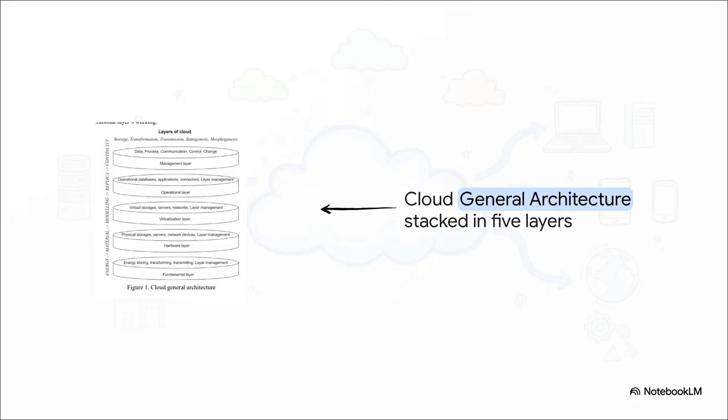When you stack it all together, this hierarchy forms a really fascinating structure. In fact, some of our source material even likens these layers to the levels of human thinking, starting from the raw manifestation of physical energy way down at the bottom, all the way up to the complex modeling and replication of reality up at the operational layer. It's a cool thought. But from a strictly functional standpoint, the most important takeaway for us is this. The sole purpose of the fundamental, hardware, virtualization, and management layers is entirely to ensure the continuous, safe, and robust working of that operational layer in the middle, because at the end of the day, that operational layer is where the actual computing work of the world gets done.